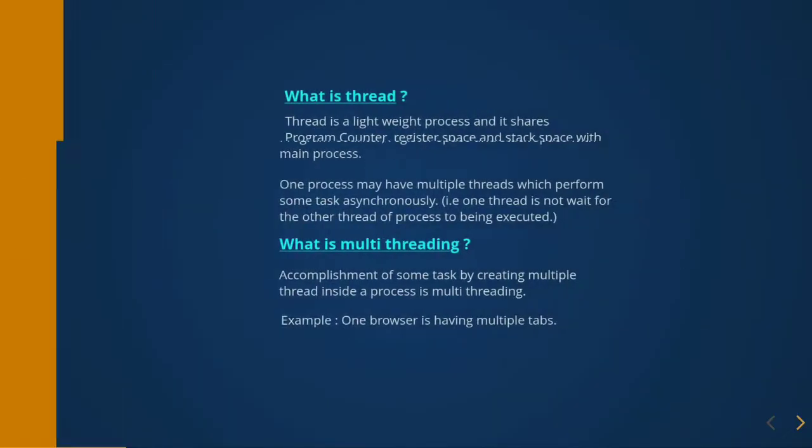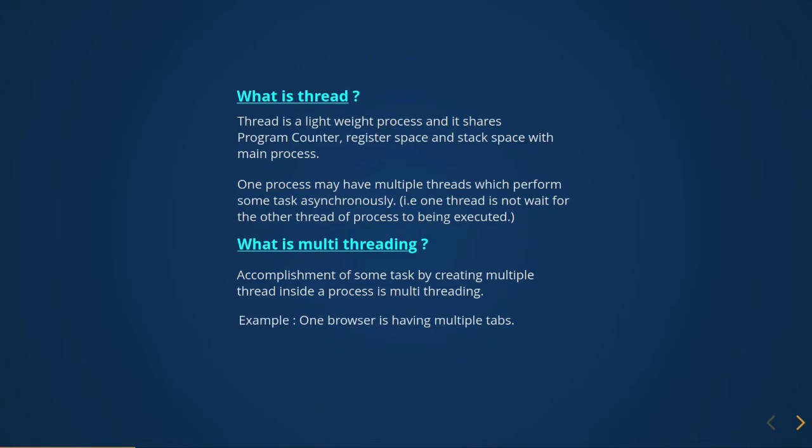So threading in C. Here comes the term: what is threading? Thread is nothing but a lightweight process. Suppose you have a main process, it has some variables declared locally in it. Then if you are creating a thread, then all those local variables are accessible to all the threads being created. Okay, so thread is simple, nothing special. One process may have multiple threads, and one thing to keep in mind is that by using thread you can do asynchronous programming. So one thread does not wait for another one.